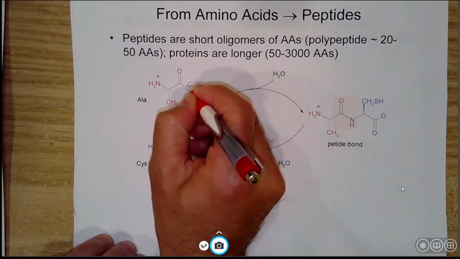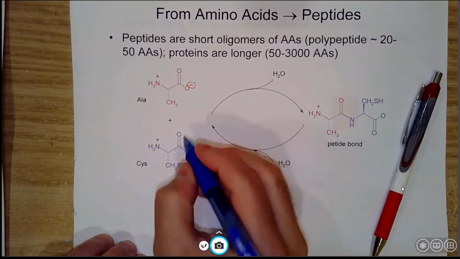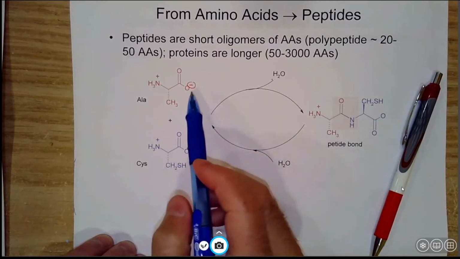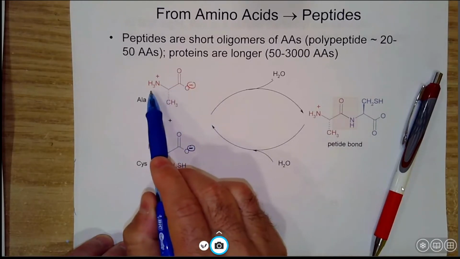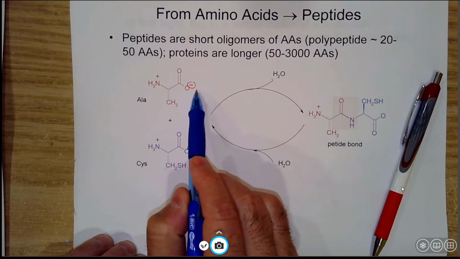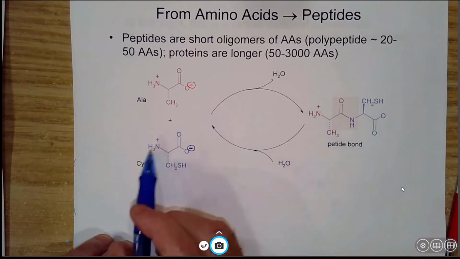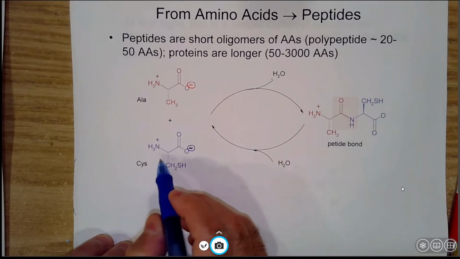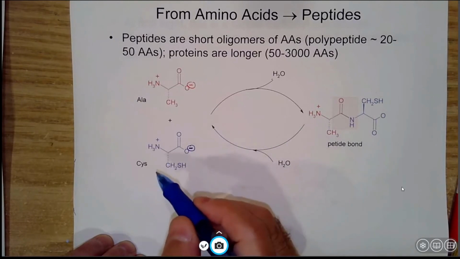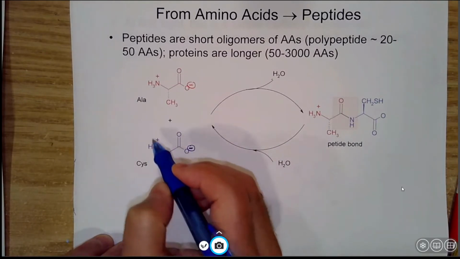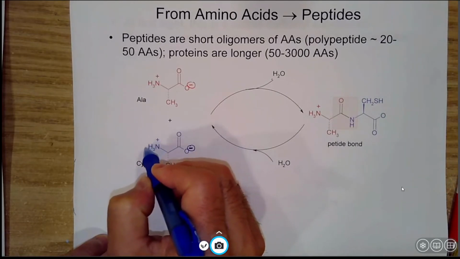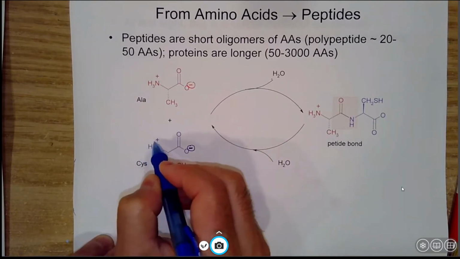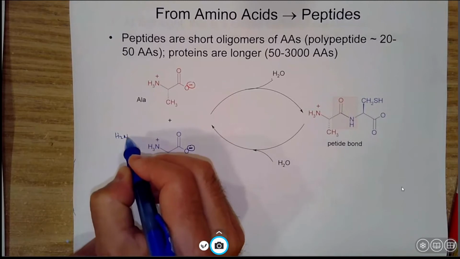Last unit we talked about amino acids, and I'm drawing these charges a little stronger because they were a little hard to see. Recall that we have a zwitterion here. This is alanine with an NH3 plus and COO minus. This is the charge at physiological pH. Here we have an amino acid called cysteine, with a CH2SH. If these two amino acids were to come together, a couple of things have to happen. You have to remove the positive charge on the nitrogen by removing one of the protons, so this would have to become neutral. And then once this becomes neutral,